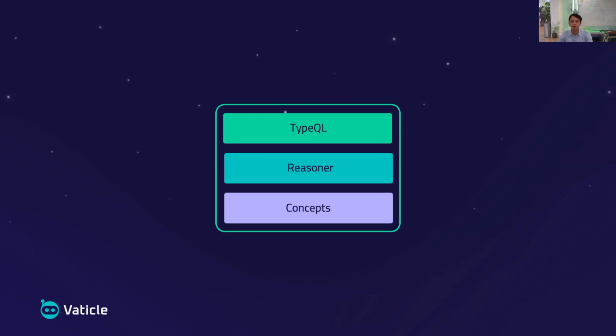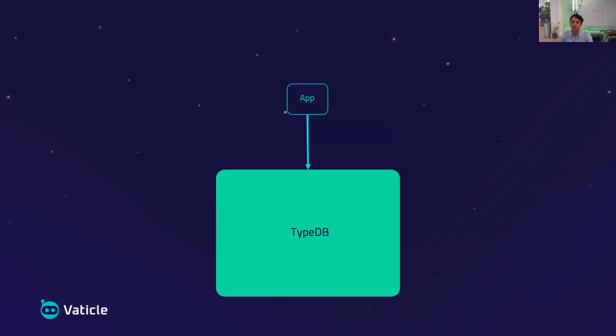So the notion of packaging a strongly typed modeling language in a database is the main value proposition of TypeDB, which enables us as application developers to build an application concentrating on the business logic rather than the technicalities of building a working database system, right?